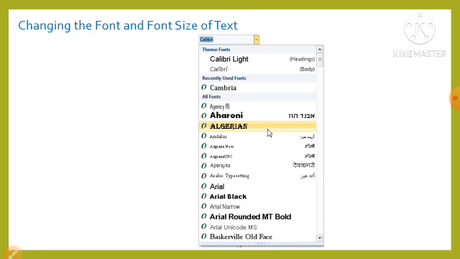Now, at first, changing the font and font size of the text. Suppose we want to make our document appear more eye-catching and presentable. In such cases, we can change the font and the font size to enhance the appearance and make it easily readable. There are several fonts and font sizes that we can select to apply to a particular text. We can change the font face by clicking the down arrow of the font combo box under the Font group of the Home tab, and then selecting the desired font face from the drop-down list as shown here.